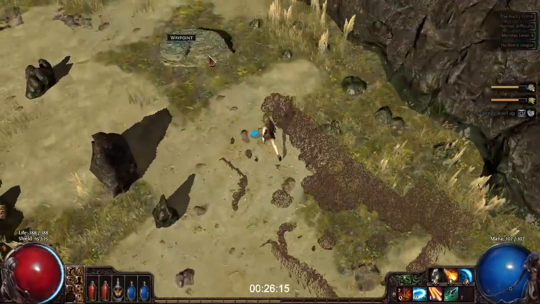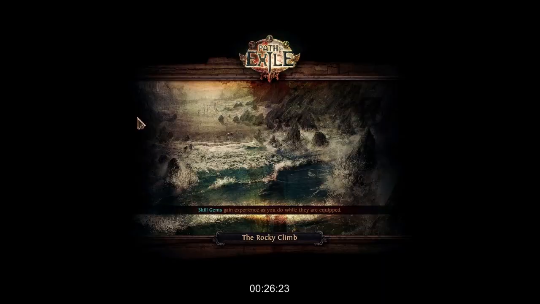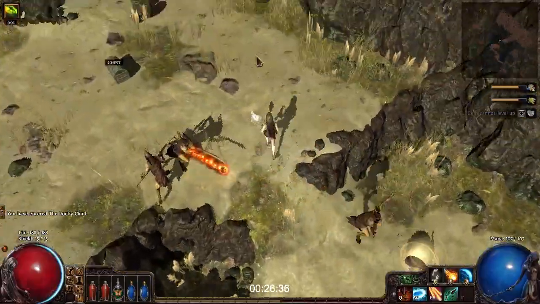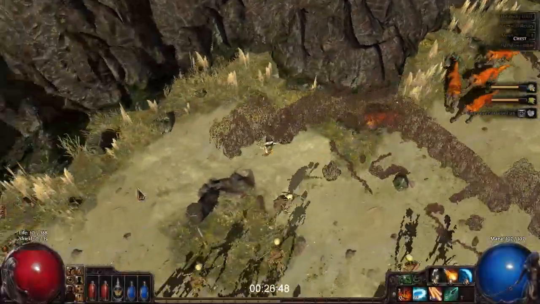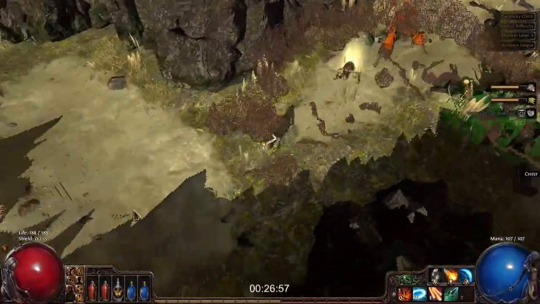So I made my final run through the ledge. I didn't realize I'd gotten that far in. At this point, I don't know what level I am. I am 8 or 9. And it's time to make our way through the rocky climb. This area gets pretty nasty. There's lots of casters, lots of fire damage. If you happened across a fire resist wand,